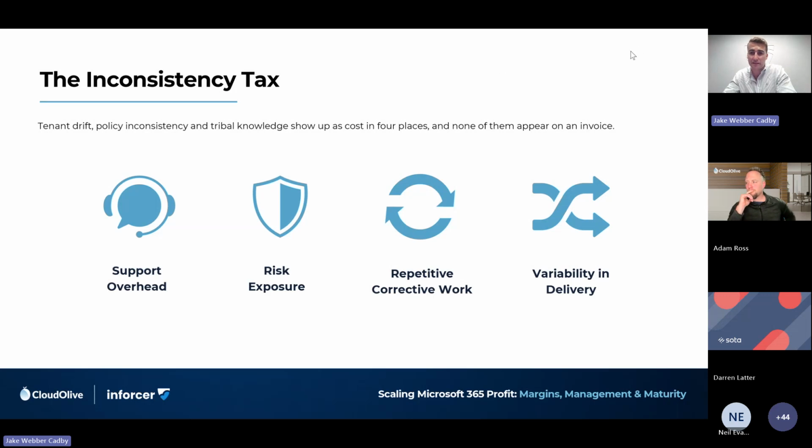Also, another piece, not necessarily related to margin, is that the repetitive, boring nature of a lot of this work is not really great for your engineers. Yes, there might be some that enjoy it, but many senior engineers in MSPs get bogged down with this work because it's normally your one Microsoft expert, or a couple of folks internally who are the go-to people. It's normally them that get bogged down in the mundane work. Now, relating it back to margin, those are resources that could have been working on a new project, which is revenue generating for your organization.